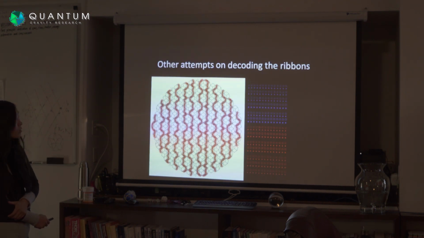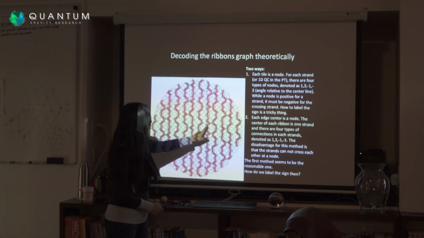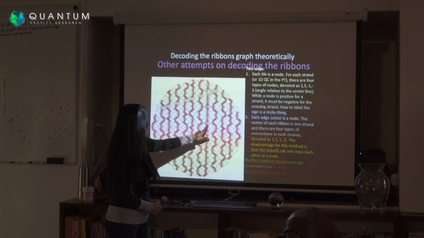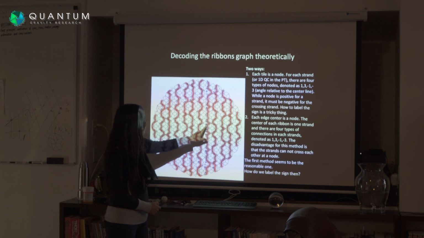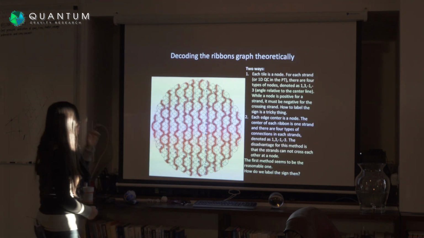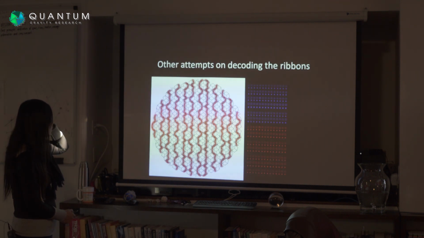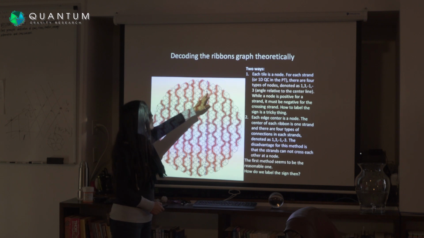But how many flips are you showing? I'm showing this whole thing flipped. Can you see this whole thing flipped? No, the two dots that you have. Which one did you flip? He's asking, is there one phason flip that drives the rest of it? I think it's the one on the top. Or are there more? Because I can see many circles. Well, there is an intersection point in there, but